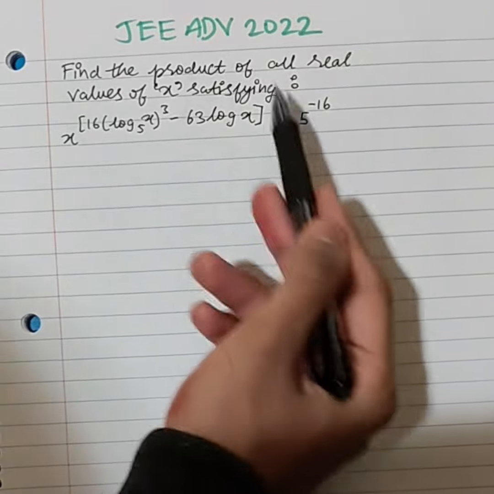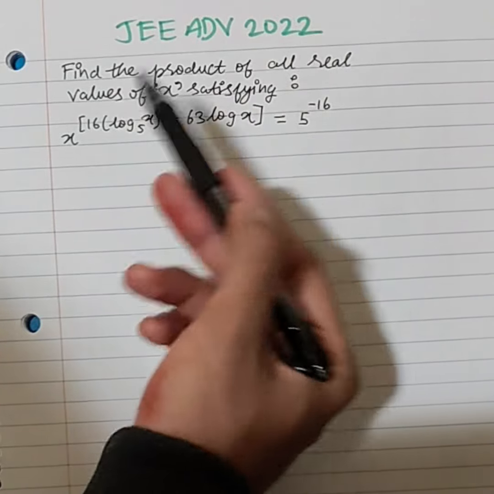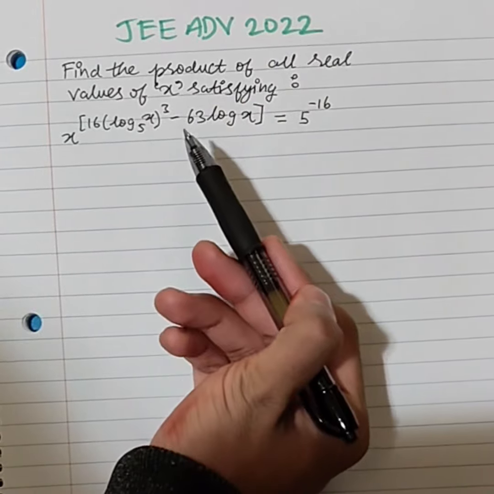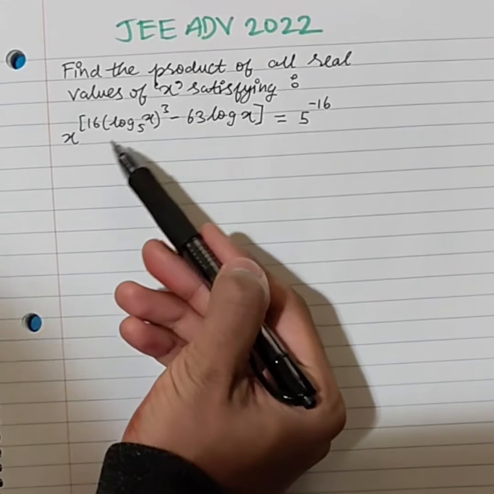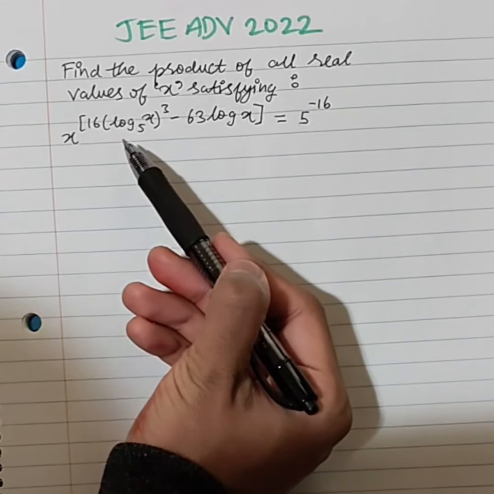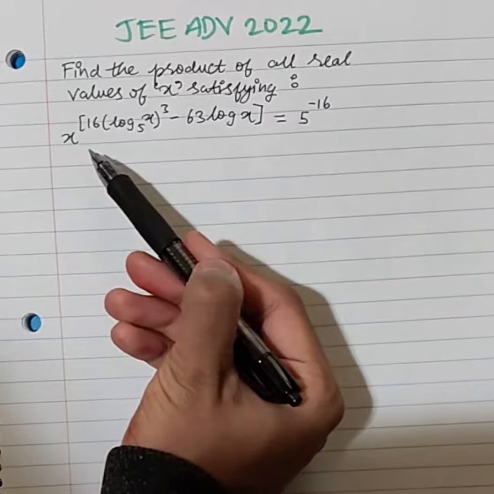So we've been given this equation over here where x is present and we need to find the product of all real values of x satisfying it. Now since x is present in the power, this is an exponential equation, and the best way to solve exponential equations is to implement logarithmic properties, and we know for a fact that we have to implement logarithmic properties because